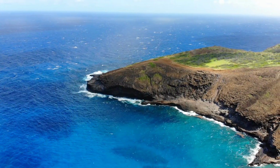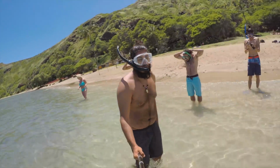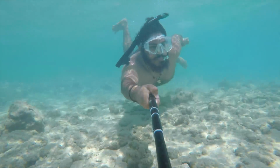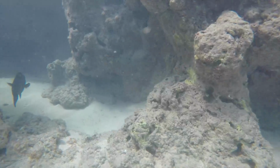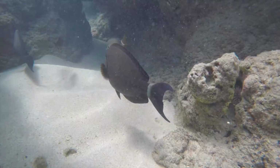There's a beautiful hiking spot to hike here and some awesome snorkeling to do if you're a beginner snorkeler. If you've never snorkeled before, it costs about $8 to enter this location, and you can go snorkeling on a super shallow reef. It's not the best snorkeling in the whole world. I don't even think it's worth the $8 entrance, but if you've never snorkeled before, this is a great place